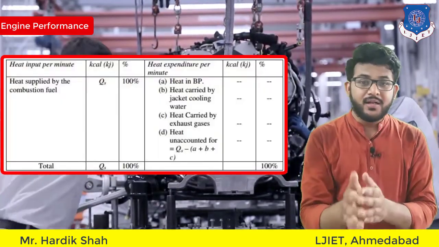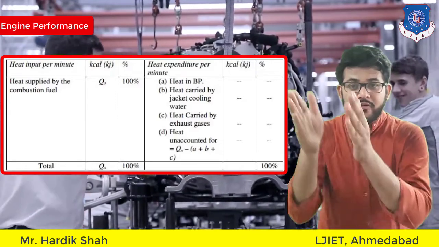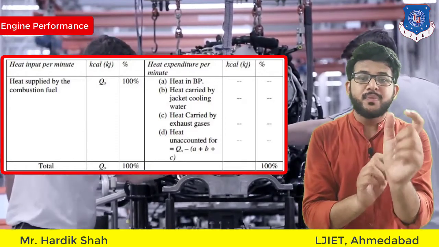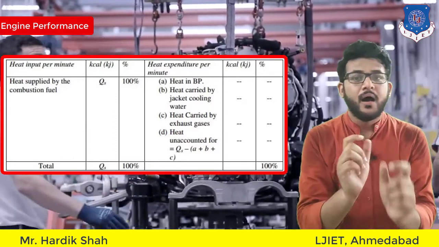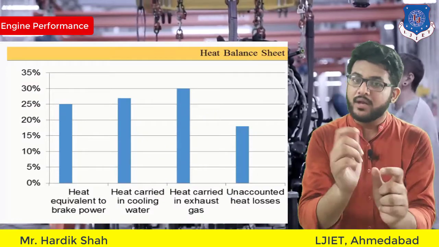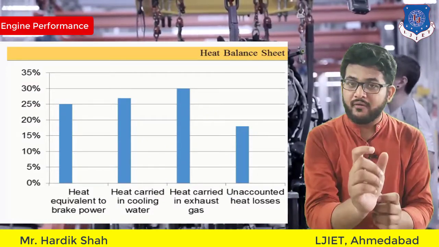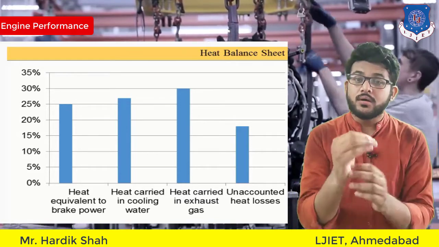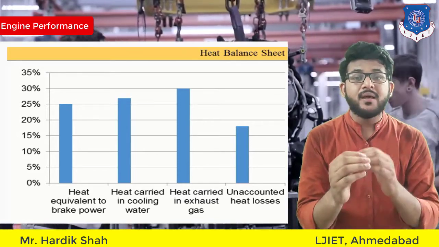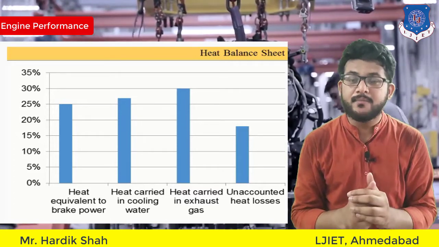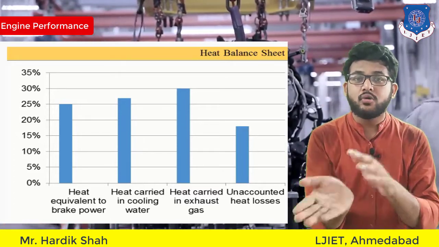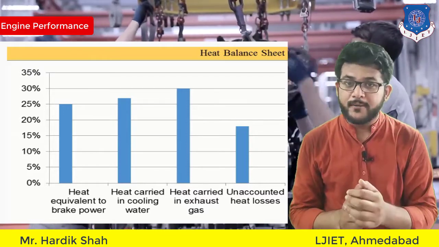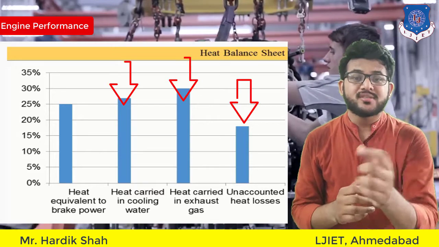So what we will do is tabulate one side at 100%. Thereafter we will do the other side: how much percentage is taken by the brake power, how much percentage is taken by the cooling water, and how much percentage of heat is taken by the exhaust gases. The more the brake power uses, the higher the power, or you can say the higher the efficiency of the engine. The more losses going out of the engine, that is the cooling water and thereafter the exhaust gas losses, the worse.